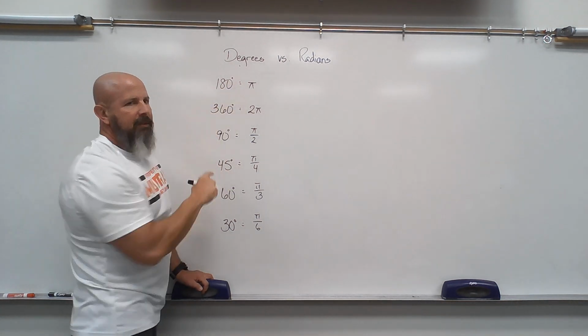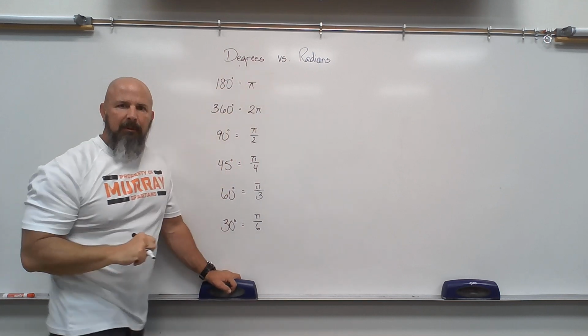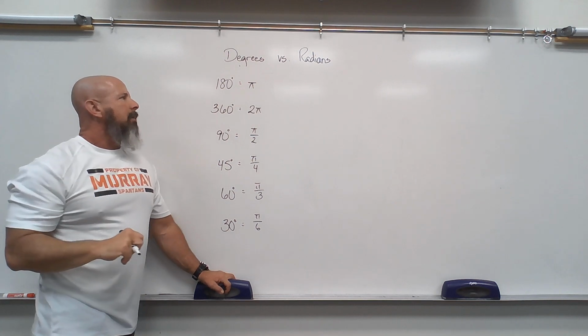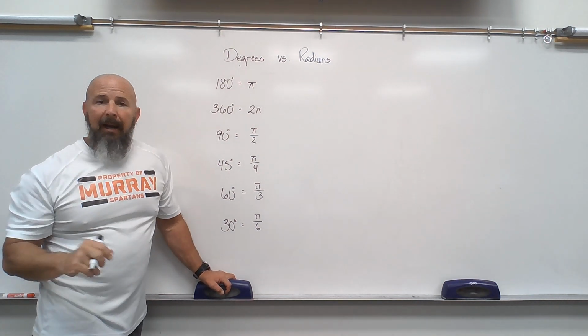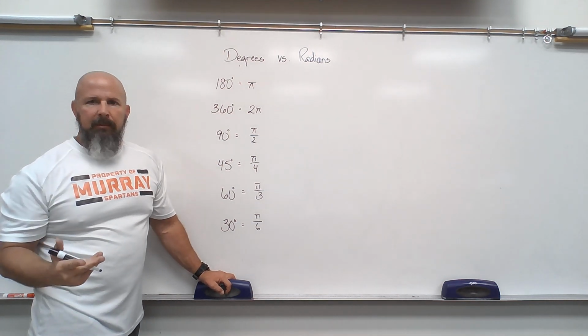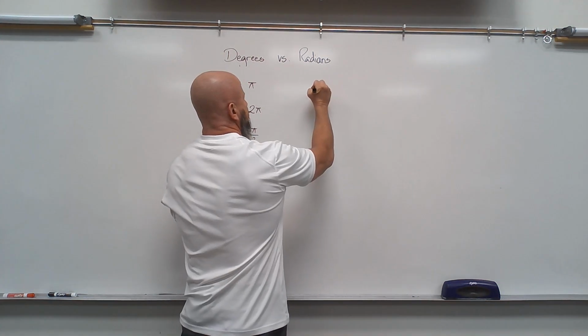Degrees, I'll see the degree symbol. Radians, I'll just see the value. Okay. Now I've got to be careful here because I'm thinking, wait a minute, that means I'm always going to see the letter pi in a radian measure. That is not true. Okay. We could see something like this,